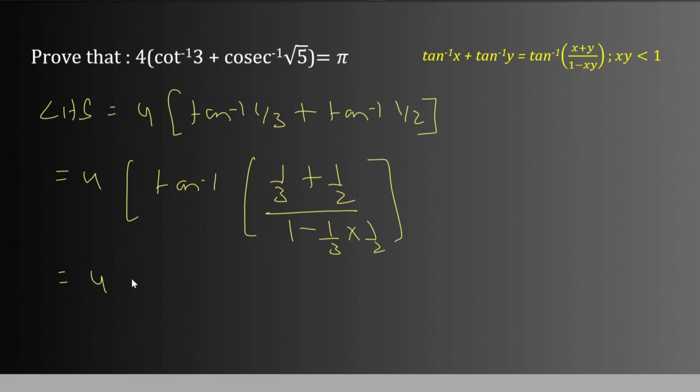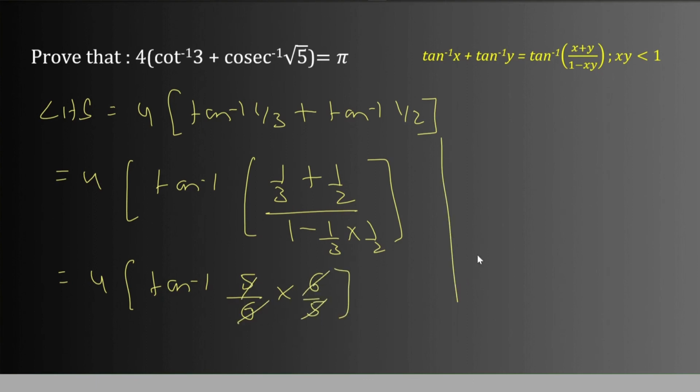So this is equal to 4 times tan inverse. On simplifying the numerator it is 2 plus 1 is 3, that is 5, right? This is 5 over 6. On simplifying the denominator, this is how much? 6 minus 1, that is 5 over 6. So I can write this as 6 over 5 divided by 6 over 5. This gets cancelled, and what it results to give you is 4 times tan inverse 1,